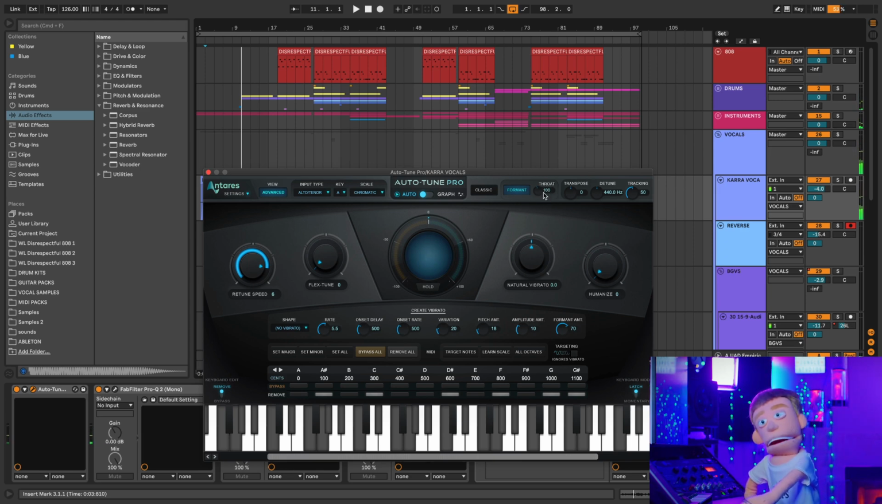That's a lot of fun. And as you can imagine, I'll be automating that knob. Next, we have the transpose knob, which is great where if you wanted to hear your vocal in a different key or maybe a whole octave up,